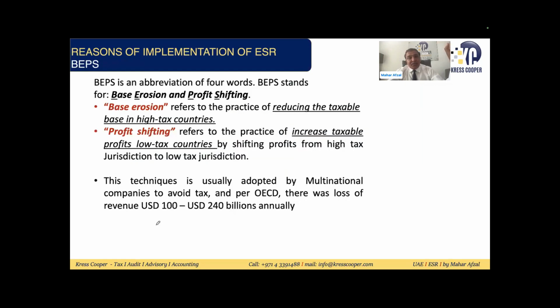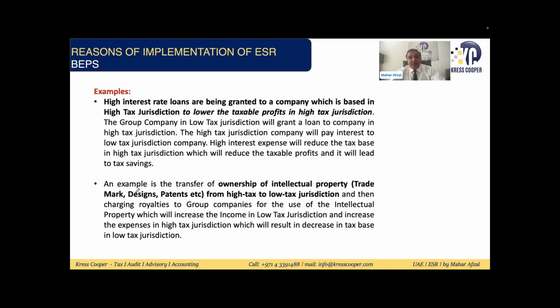Now just look into this example. This concept, base erosion and profit shifting, is called shifting the profit from the high tax jurisdiction to the low tax jurisdiction. As per the numbers provided by the Organisation for Economic Cooperation and Development, there is a loss of revenue. The loss of revenue is 140 billion annually. The profit is being shifted, which has an impact on the tax. To avoid this shifting of the profit, different strategies have been implemented. One of them is